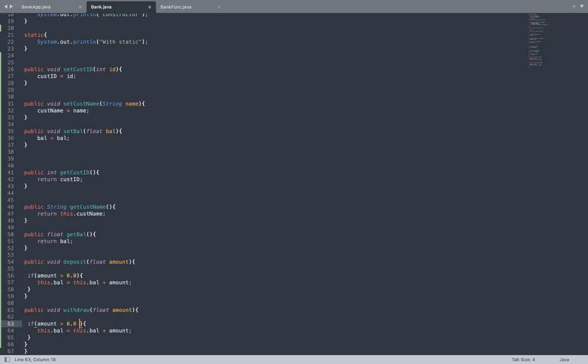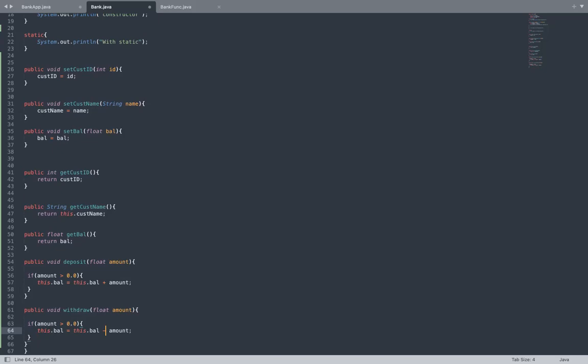No, in the line, we need to do one more check, right? The withdrawal amount should be less than the balance. Yeah, that would be the additional check. But right now, I'm just validating only from the user perspective in a very basic way. Okay, so you're just doing the operation. We will build the application slowly. Right now, we are creating small pieces of code.